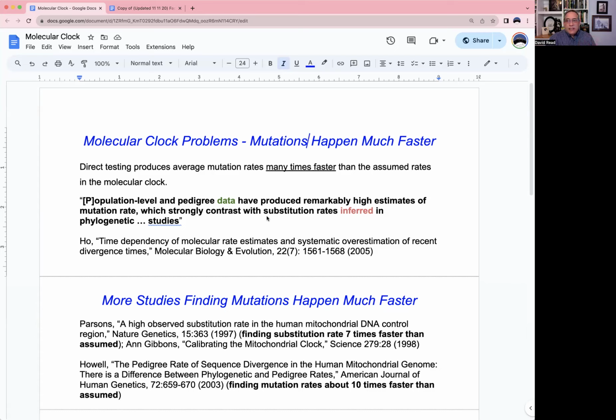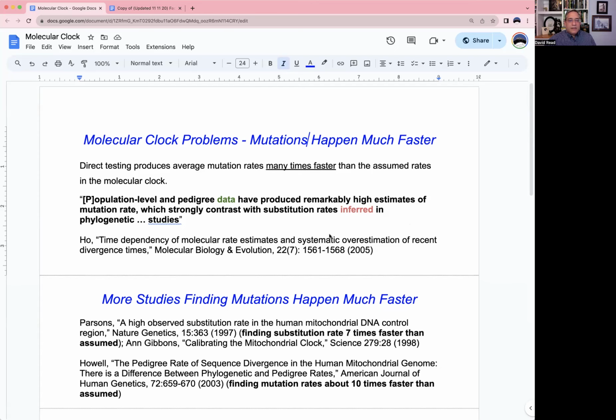So those that are using DNA dating to say, oh, haplogroup X, that's the Middle Eastern DNA type found in Native Americans. They say, oh, DNA dating says that that came to the Americas 16,000 years ago. Well, that's not true. It's completely unreliable to try to use an inferred mutation rate to project that date. It's extremely unreliable, because the data shows that mutation rates happen much faster than that.